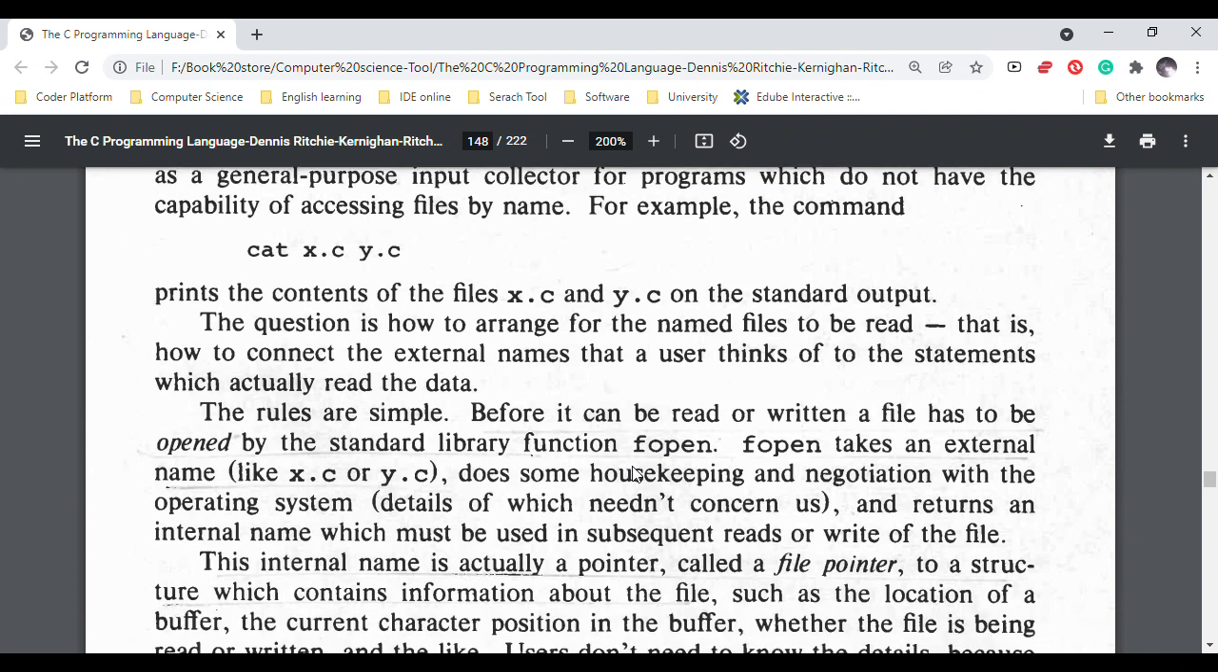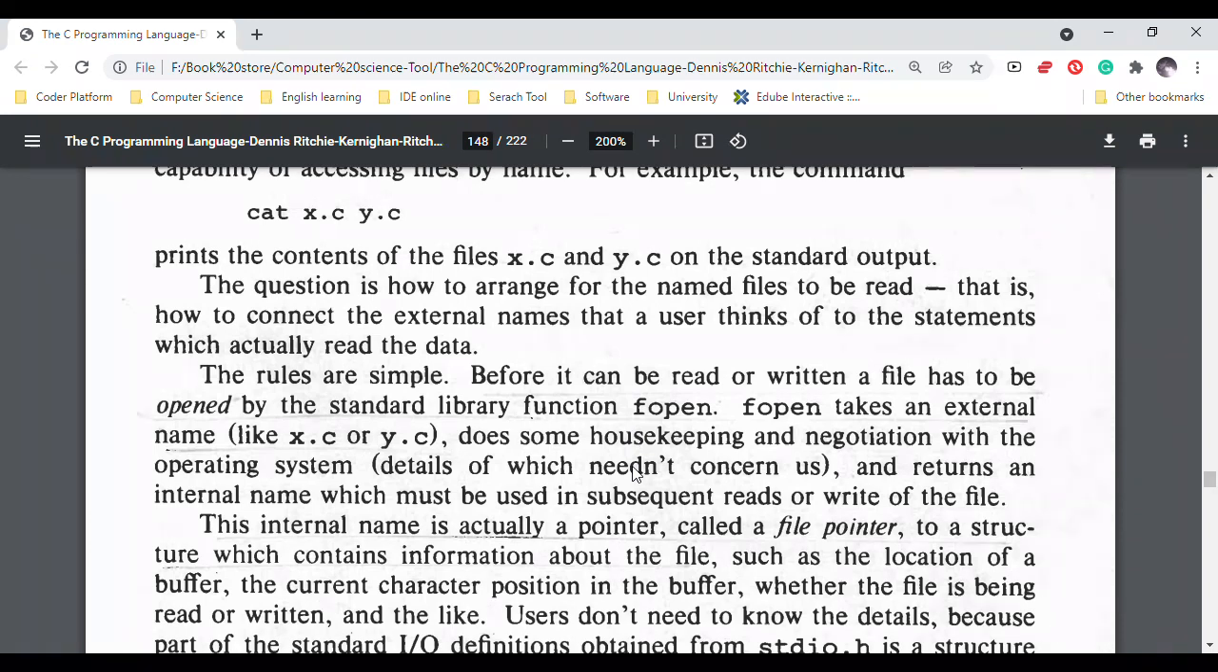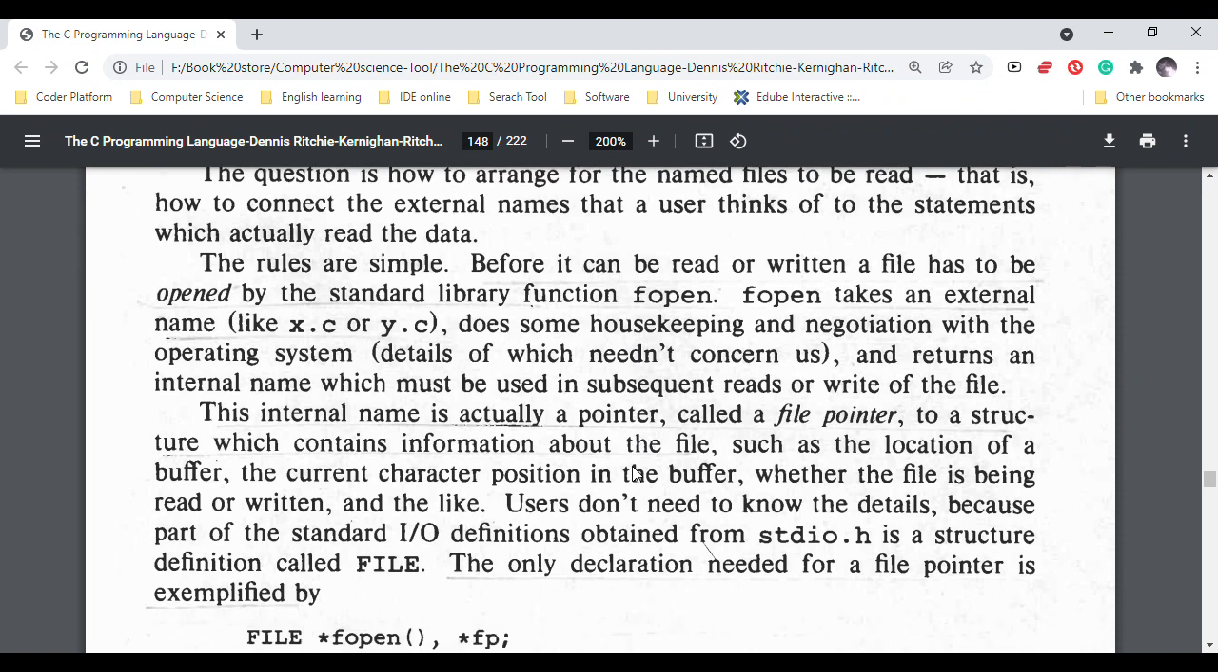The question is how to arrange for the named files to be read, that is, how to connect the external names that a user thinks of to the statements which actually read the data. The rules are simple. Before it can be read or written, a file has to be opened by the standard library function fopen. Fopen takes an external name, like x.c or y.c, does some housekeeping and negotiation with the operating system, details of which needn't concern us,